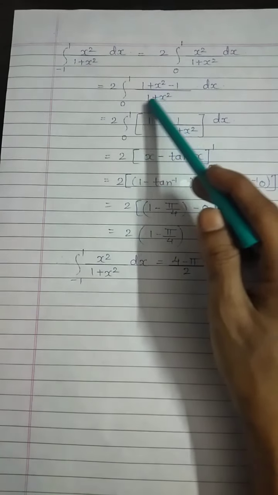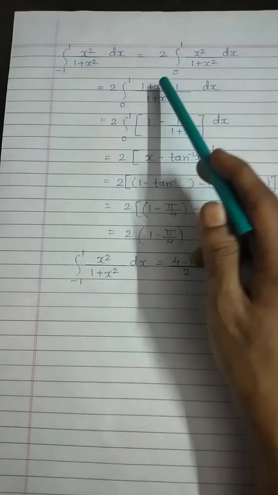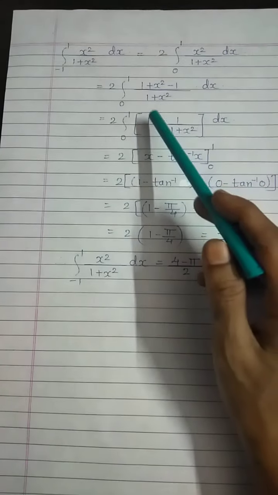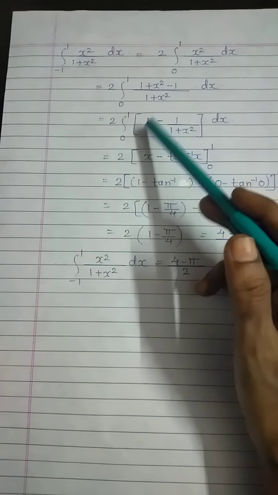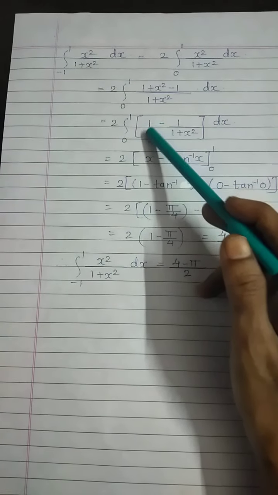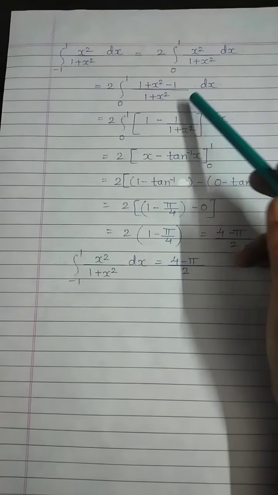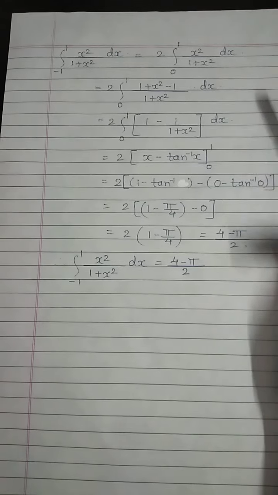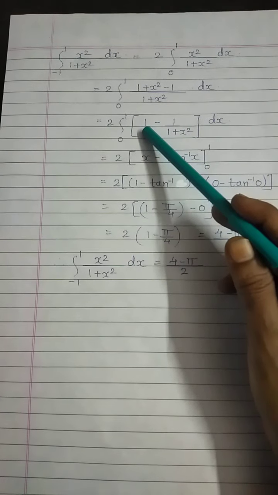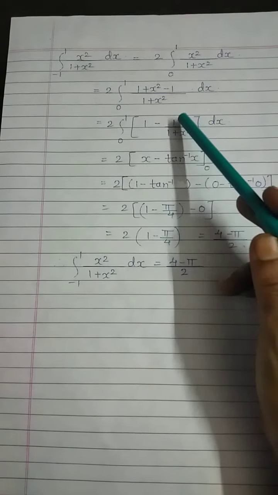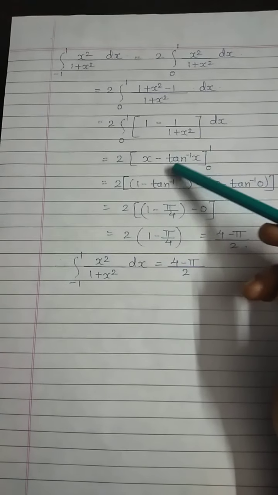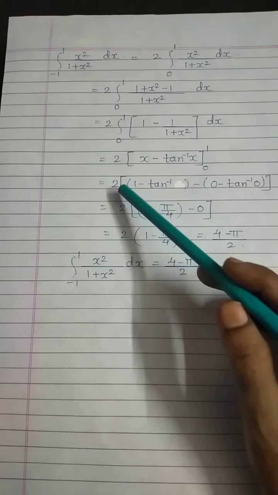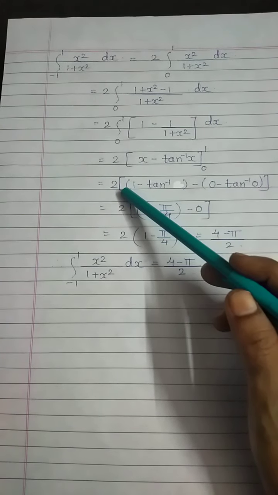Now the same denominator we will write separately for 1 plus x square and for minus 1. So 1 plus x square will get cancelled from the first term. Here we will get only 1. And for the next term, the denominator 1 plus x square will remain as it is. Now obviously integration of 1 is x and integration of 1 upon 1 plus x square is tan inverse of x, along with the limit 0 to 1. Now this 2 outside remains as it is,